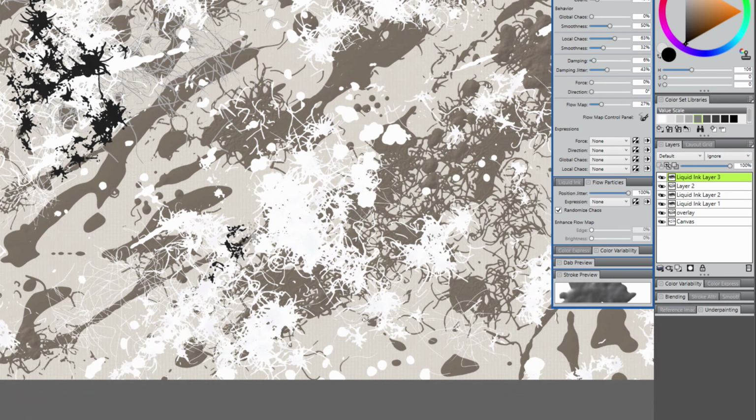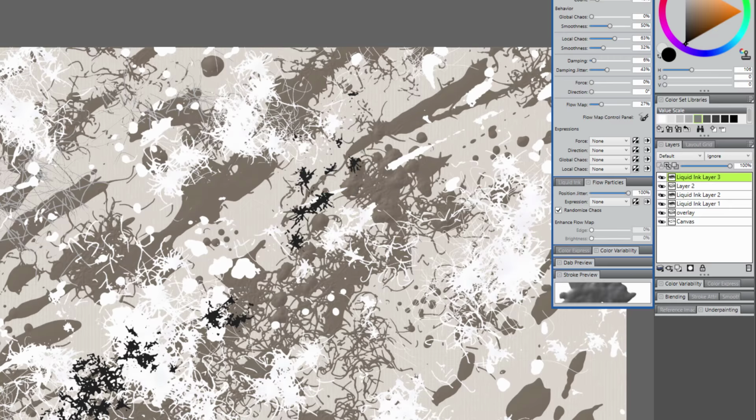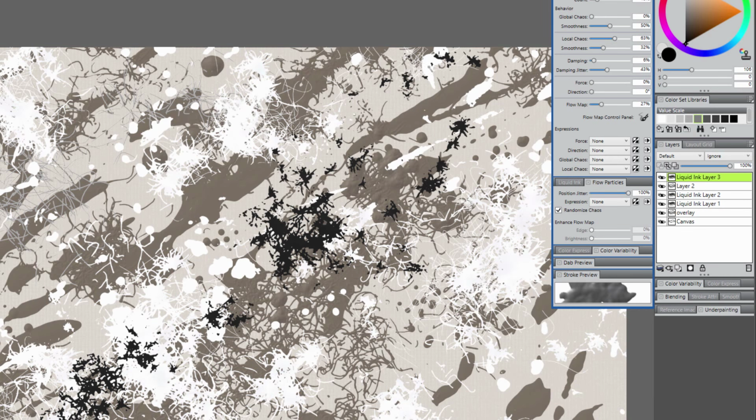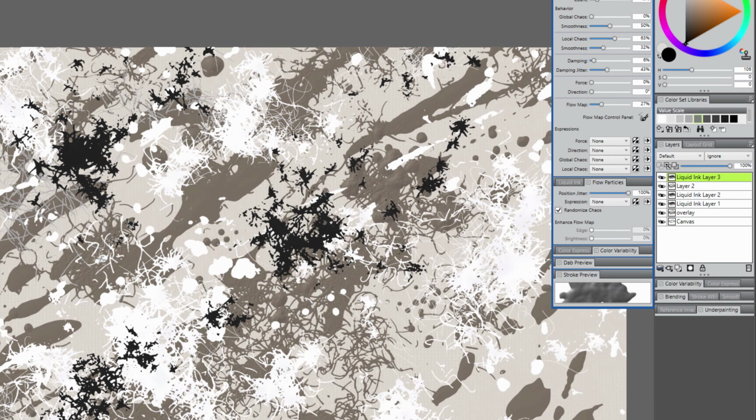Add some dark area over here. I'm trying to make a nice balance of all of these different colors in this piece. I don't want to cover up too much of anything. I just want some of it to blend together. As you can hear, I'm just tapping, because if you press and hold too long, it looks like spaghetti. That might be the effect you want in some places, but I want it to look like it's